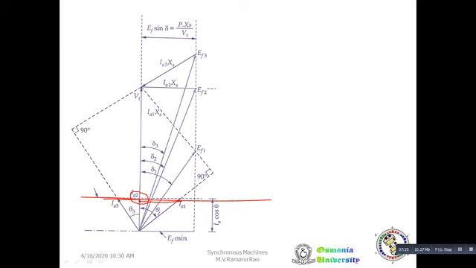So observe here in this locus, current is changing, power factor is changing, but the product will be constant because P is equal to VT IA cos phi. Power is constant, whereas when changing the excitation, armature current is changing, power factor is changing, but the product of current and power factor will be constant. Now let us remove these red marks.